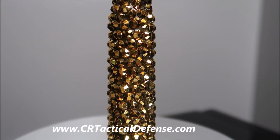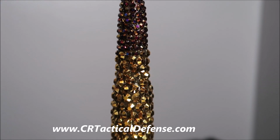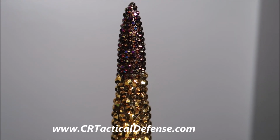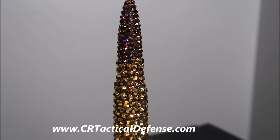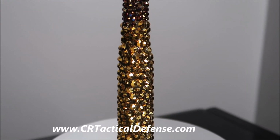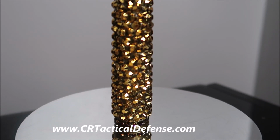Okay, you guys, here is the final finished result, and this is just so sparkly and so beautiful. I just really adore this. I think it looks amazing, especially because I used the two different color rhinestones. I feel like had I used the gold all the way through, you wouldn't really be able to tell what